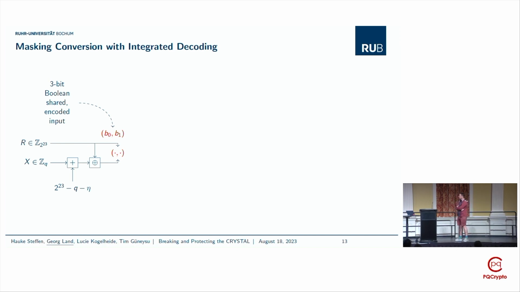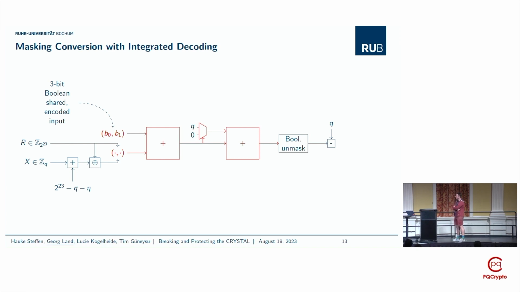And then we do a modular addition. So this weird value 2^23 minus q enables an efficient modular addition over Boolean shares, and minus eta we will use for the decoding step then. And afterwards, after we have done this secure addition over Boolean shares, we actually can just unmask this value. So why can we do this? What we effectively did is we added a random value to our encoded and Boolean shared